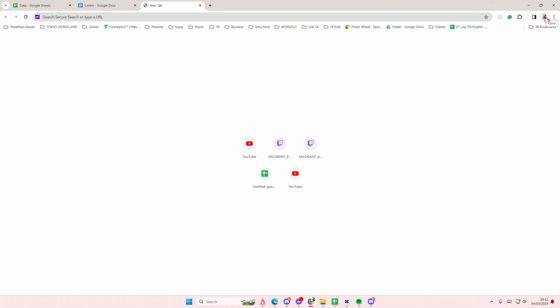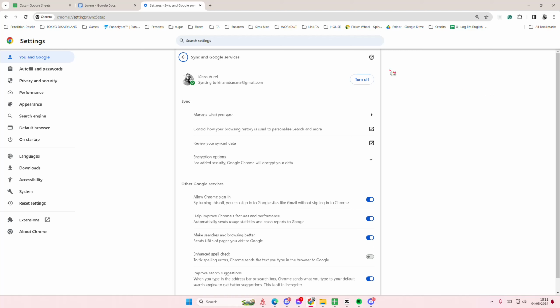Anyways, you're just going to select your profile picture up here, and you're going to select sync is on. It also syncs your password and other stuff. So you might want to turn it off if you're using it on a public device and you've accidentally turned it on. So make sure you go to sync is on, and you're going to select turn off, or you